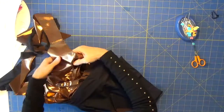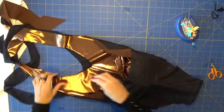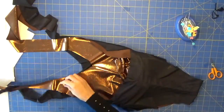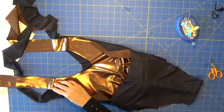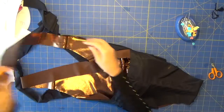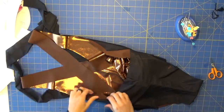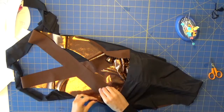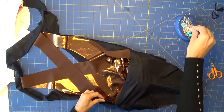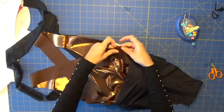I'm gonna think about the straps, give me a moment. Yes, for the straps, at this point we have them not attached yet, but we will attach them now. So just cross the straps of your main fabric and pin them here on the sides, right sides facing together. I'm just going to place one pin here and one pin here,